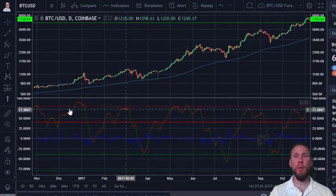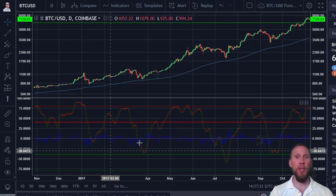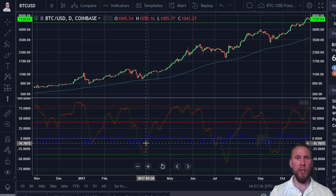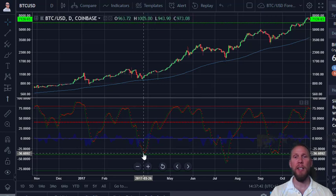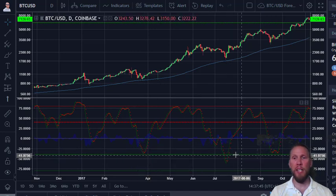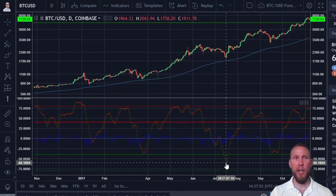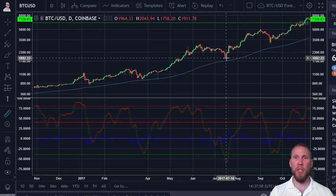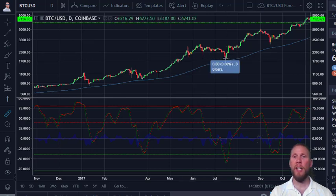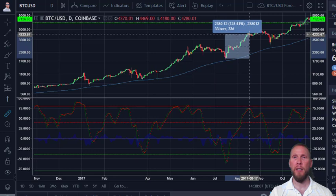So now what we're going to do is look at this chart here, which is the LazyBear that we added. So what we're going to do is look for where this line here, the green line, went below the green line here. So here is a point where it went low. So I'm going to start measuring using the measuring tool, from here until a point where it went high here. So on the graph that would be this price here. So that would represent you buying,